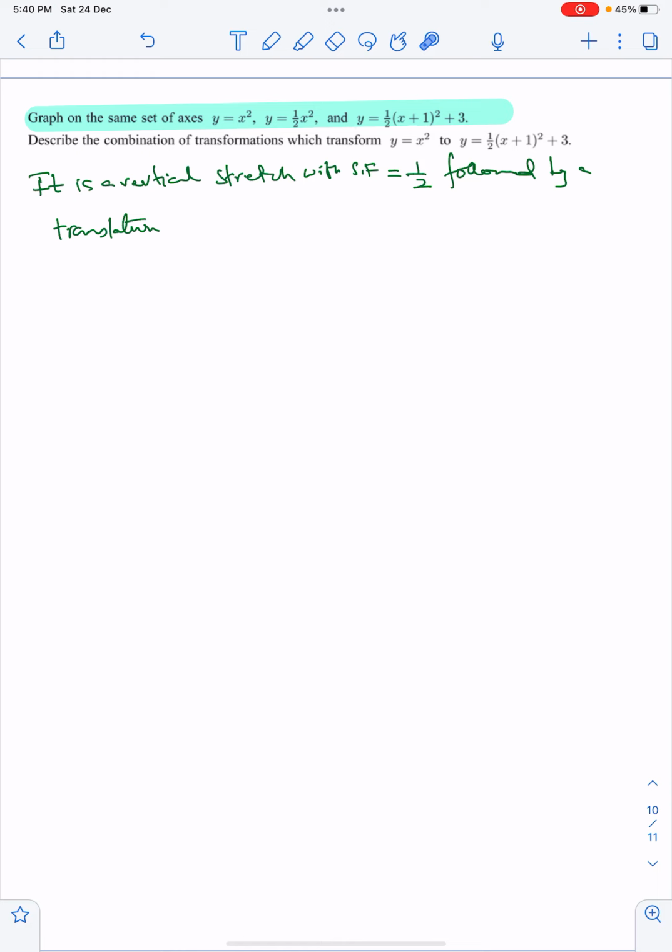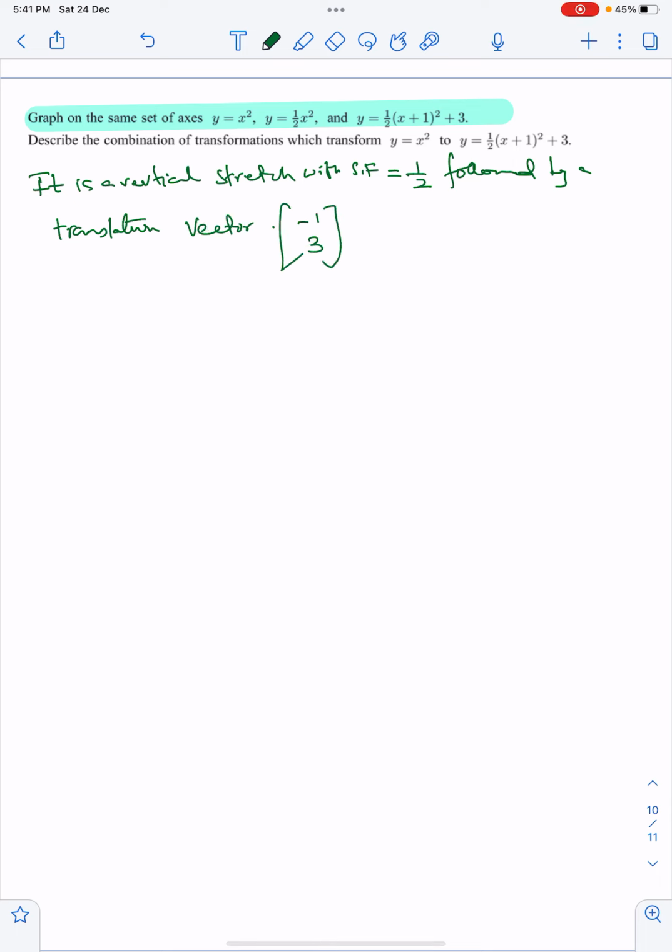In case of horizontal stretch it will be 2x or 3x or 1 upon 3x. Since there is an addition or subtraction going on, that means a translation. Make this equal to 0 and you get x equals -1 and the y coordinate as it is, with translation vector